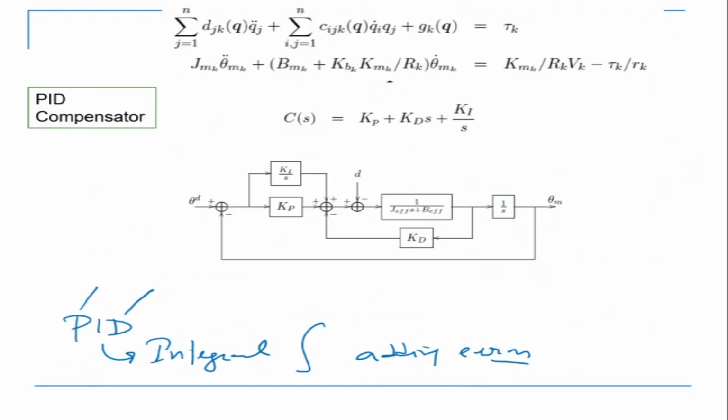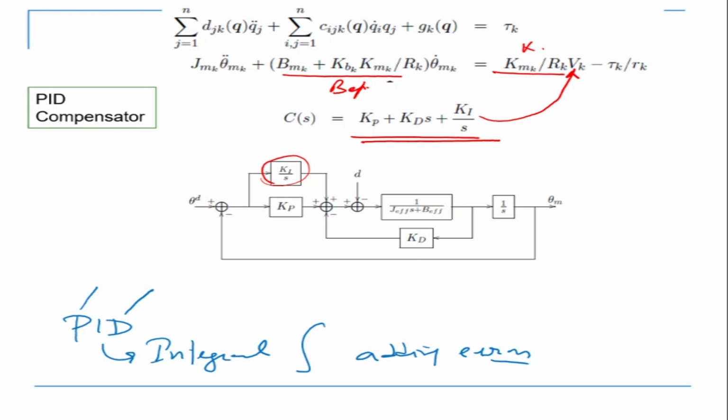Okay, so this is my PID controller, and this is B effective. So this is K. So this part I put it there. That's my VK now. Take the Laplace transform of that. The block diagram looks like this. This is a KI branch now. Okay, so this is a PID compensator or PID controller.